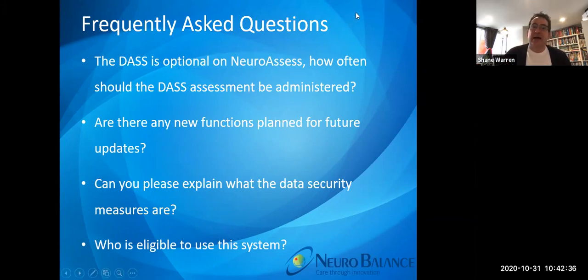So the DAS is an optional on NeuroAssess. People often ask, when do I use a DAS? Well, it's optional, and as we often say, it's patient and practice dependent. So whatever's working for you in the way in which you work is how you do it. It's a little box that's there. You might have noticed it in the journey. If you agree to go on the trial, we'll coach you through the platform a bit more. You can see this little box that just pops up. Do you want this client to do a DAS? Tick yes, or just leave it blank if no. As simple as that, right?